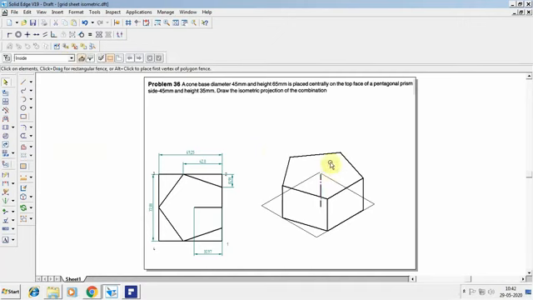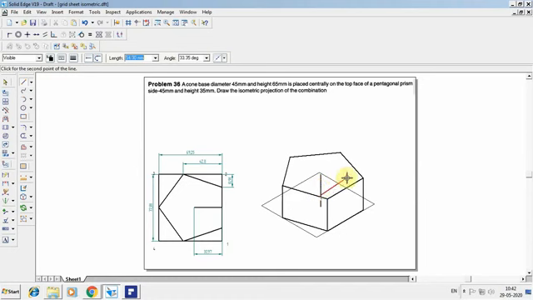So now above this I have to create a cone. The cone base diameter is 45, the height is 65 mm. So from the center, since to draw a circle I need to draw a square, and 45 mm is the side they have given, I have to take half of that, 22.5 at minus 90. So I'll come back downwards. From here I'll go for 45 at an angle of 30, 45 at an angle of 150, 45 at an angle of minus 150, and 45 at an angle of minus 30.